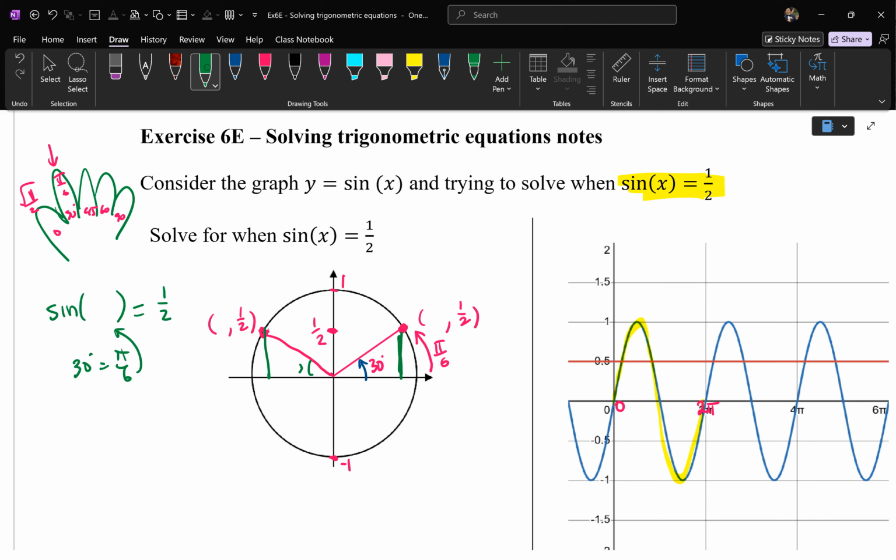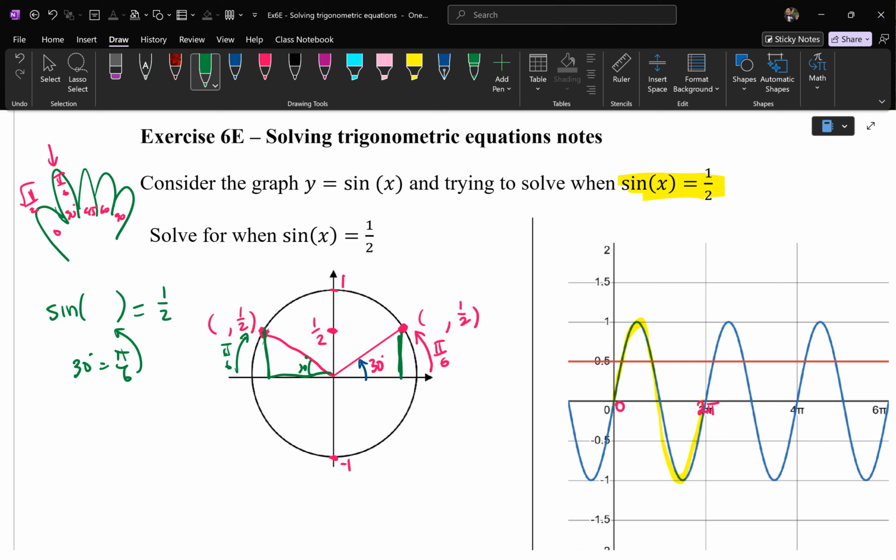the same. If I have 30 degrees here as well, that means this is also pi on 6. So from here to there, that distance is pi on 6. That's 30 degrees. That height must be half, just the same way. So the solution for sine of x equals half, only within one revolution, which is 0 to 2 pi,